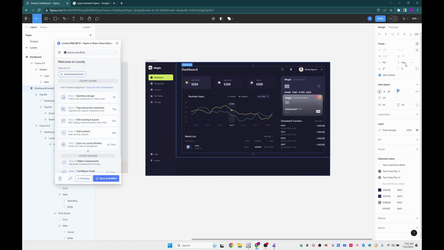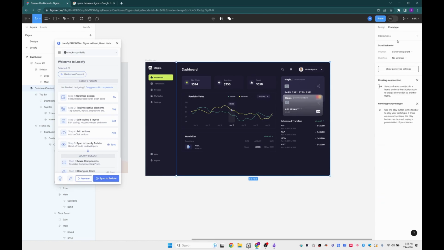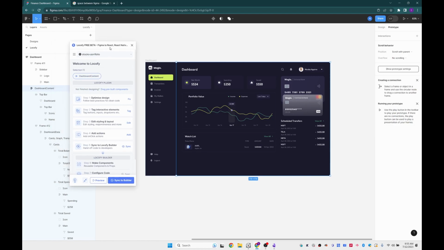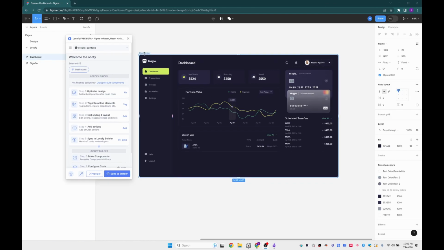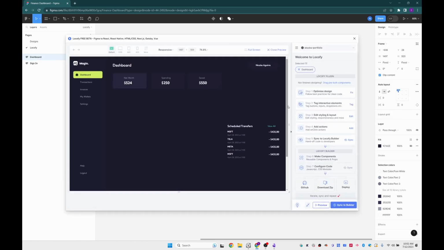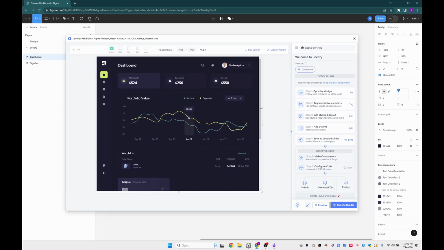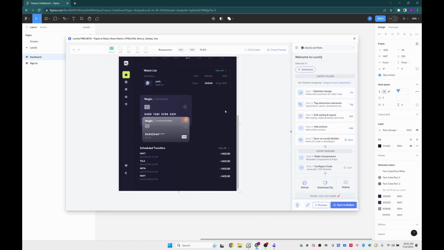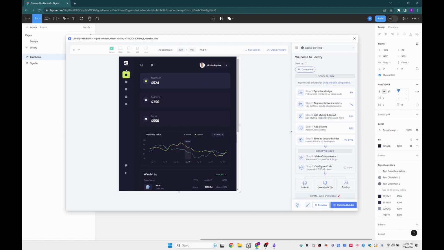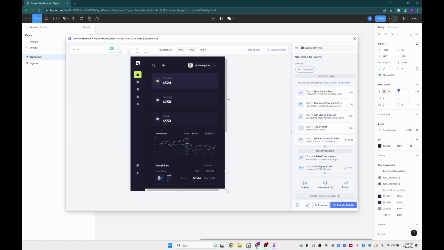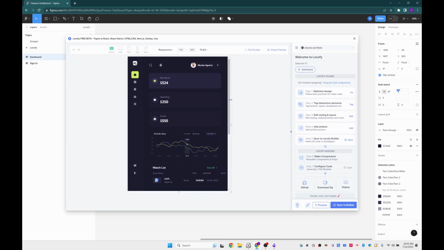So what we have to do is first fill the container, and then on prototype, you have to set the scroll behavior of the dashboard content to be a vertical scroll. So now let's finally preview this dashboard. And as you can see, it's responding exactly as we expect it to. Our navbar is sticky to the left, our content is scrollable, and everything is responsive for, let's say, until a